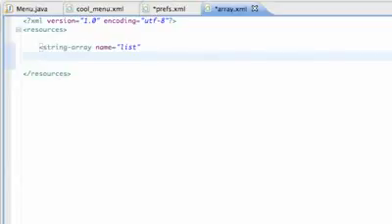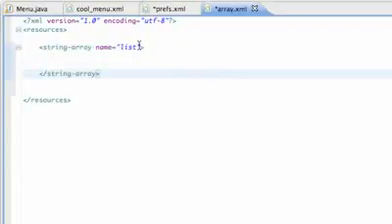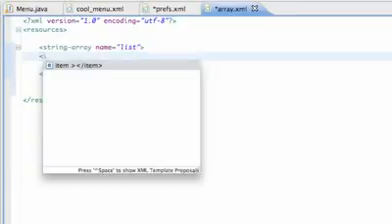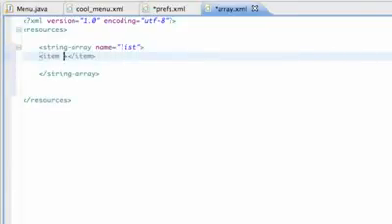And then all we're going to do is set up some items within this string array. So we need to finish off our string array. That's all we need to define it as, and then hit enter a few times so we can work within the string array and add some items to it. So we're going to say item, and then you don't even have to set up the item like we generally would. We just need to put something within both the item and close item brackets there, and we're going to call this, I don't know, option 1,